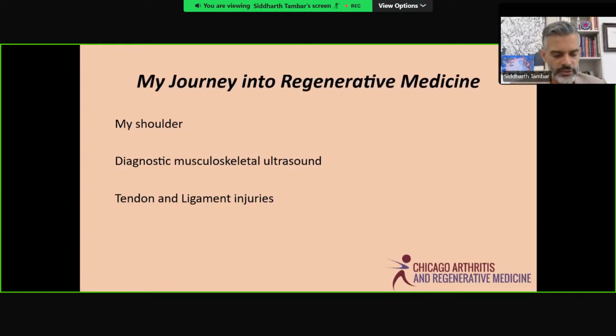My journey into regenerative medicine starts with my own shoulder. I played a lot of tennis when I was younger. As I got older, even before I had any shoulder pain, when learning musculoskeletal ultrasound, I found out that I had some mild chronic rotator cuff issues. That got me thinking more and more about tendon and ligament injuries, realizing that we didn't have enough good options there, which then got me thinking about joint injuries as well and joint pain. And just looking at other options eventually got me involved in PRP, Prolotherapy, then bone marrow cells, and how to combine that in our patients who have not only traditional wear and tear and injury issues, but also inflammatory arthritis.